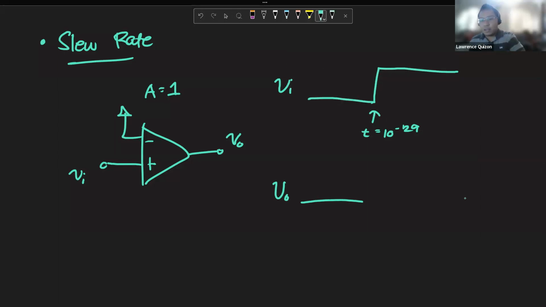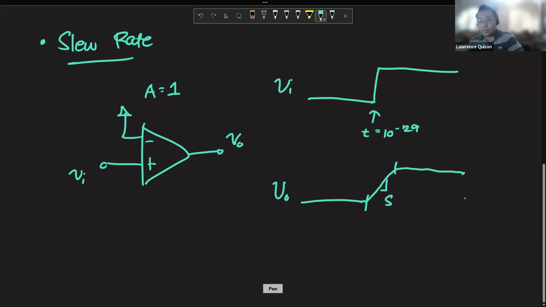'Di ba, kung ideal siya, dapat kasabay niya, no? No matter how fast, kasabay niya dapat yung output. But in reality, everything has a transition time, no? And this is called your